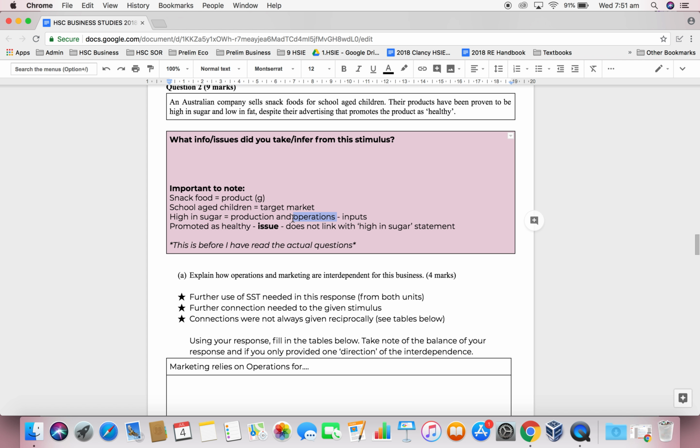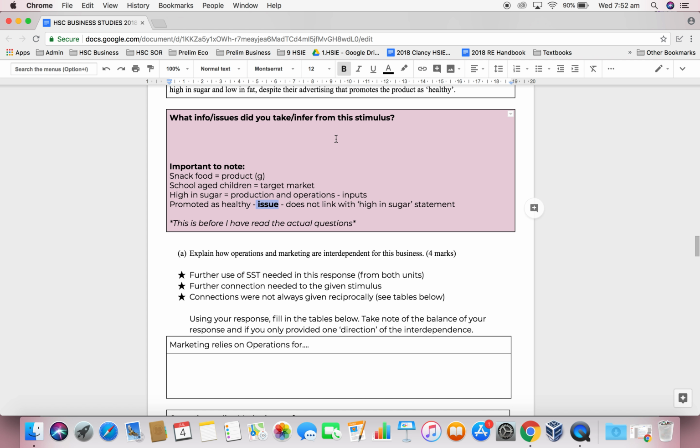I thought, something about inputs. How is this product being produced? And then it being promoted as healthy, and this idea of it being an issue. I annotated, I wrote this down before I looked at the actual question. So yet again, if your stimulus is blank, it's not setting you up to use the stimulus in your responses